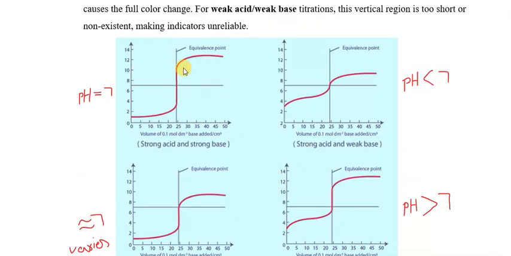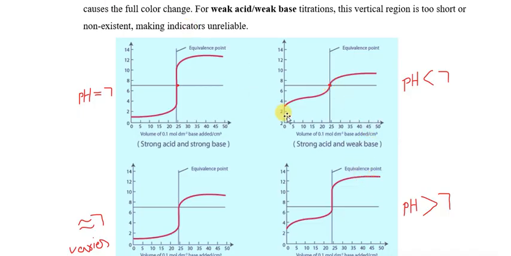Basically, their equivalence points are very important for the selection of the indicators. In strong acid and strong base, the equivalence point pH is equal to 7. That is the equivalence point in strong acid and strong base. In strong acid and weak base, the equivalence point is less than 7,